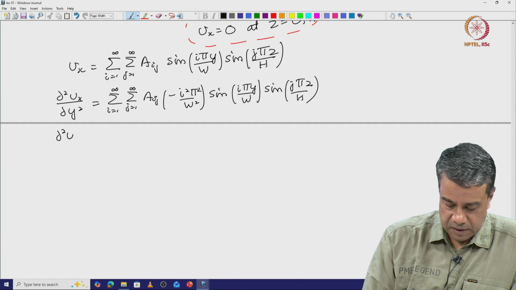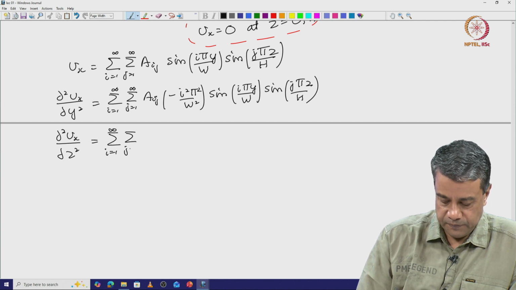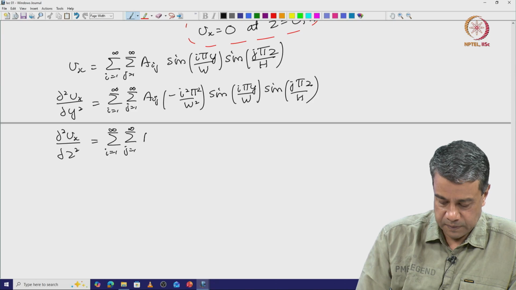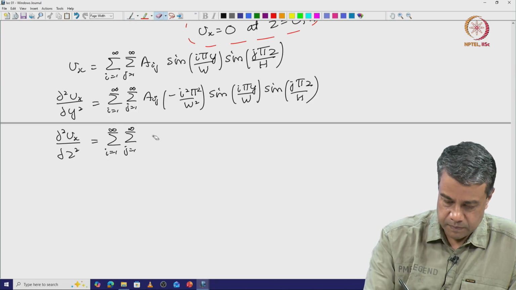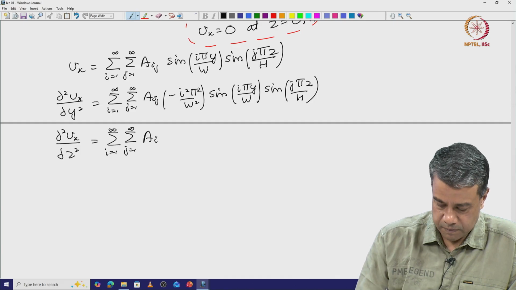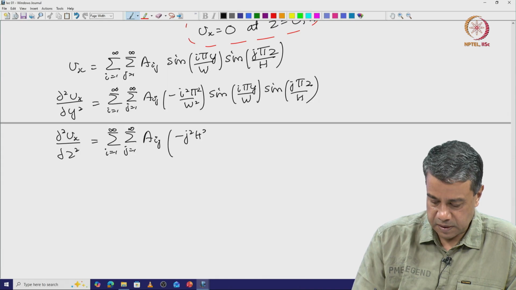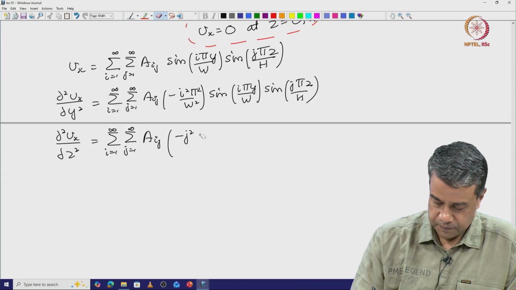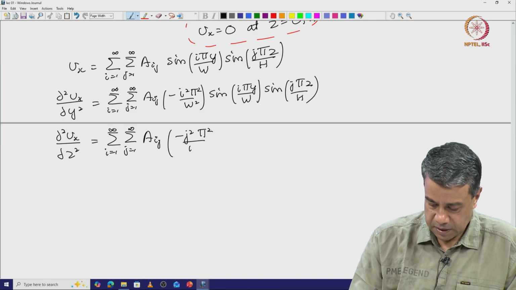Similarly, d square Vx by dz square is equal to summation i equal to 1 to infinity, summation j equal to 1 to infinity aij into minus j square pi square by h square